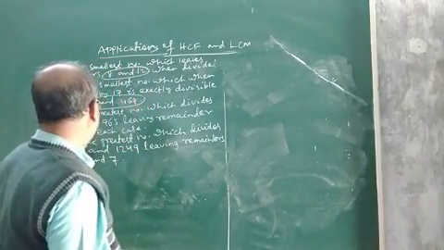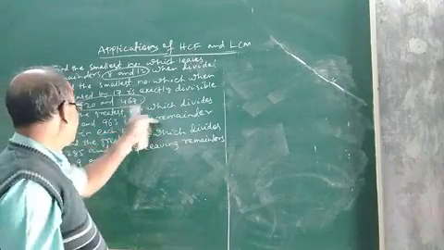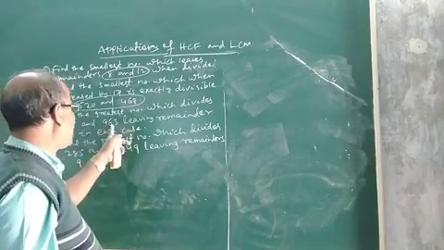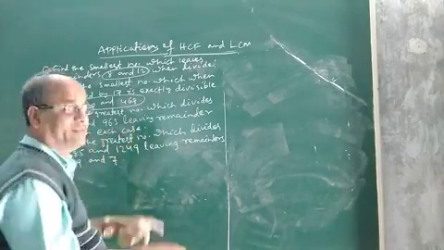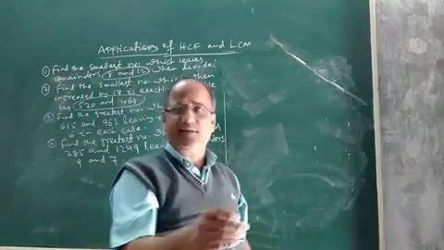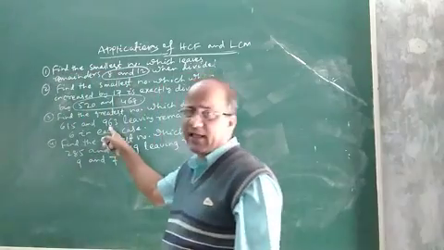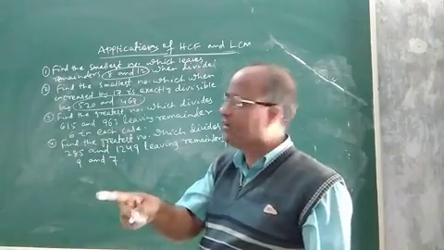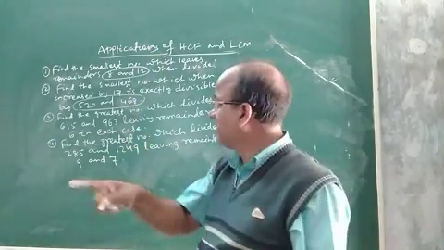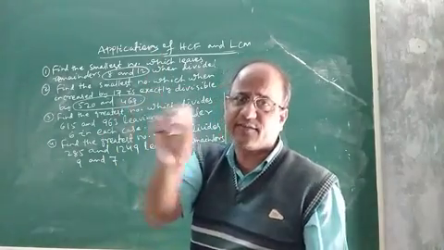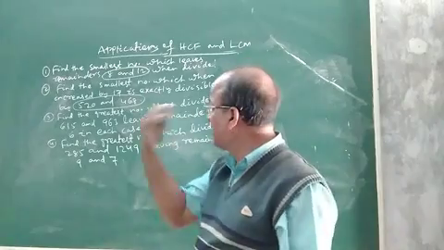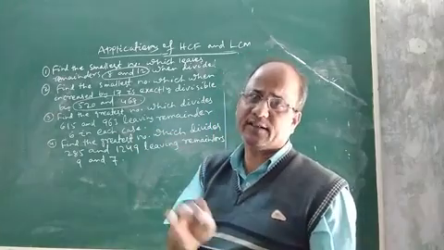Which is the greatest number that will divide 615 and 963, leaving remainder 6 in each case? That means if 615 and 963 are divided by that greatest number, then in each case the remainder is 6, as per the question. So what is that greatest number? How to find it?